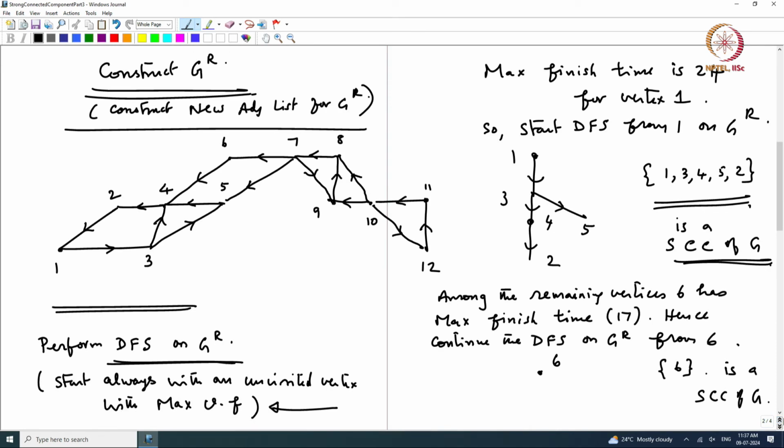So, among the remaining vertices I have to continue my DFS until I visit all the vertices. I started at 1, I reached all vertices reachable from 1, I got stuck. Again I started from 6, I got stuck there. Again I have to continue. I have to start from one of the unvisited vertices,